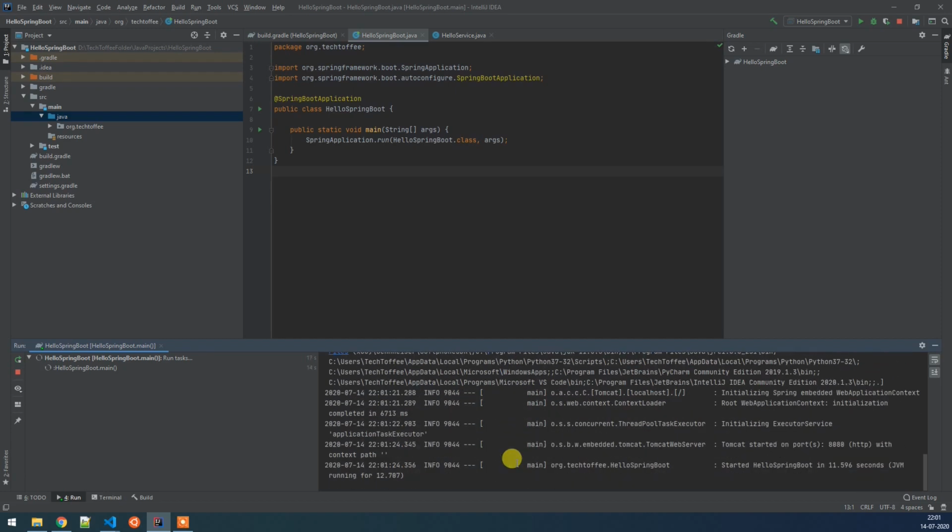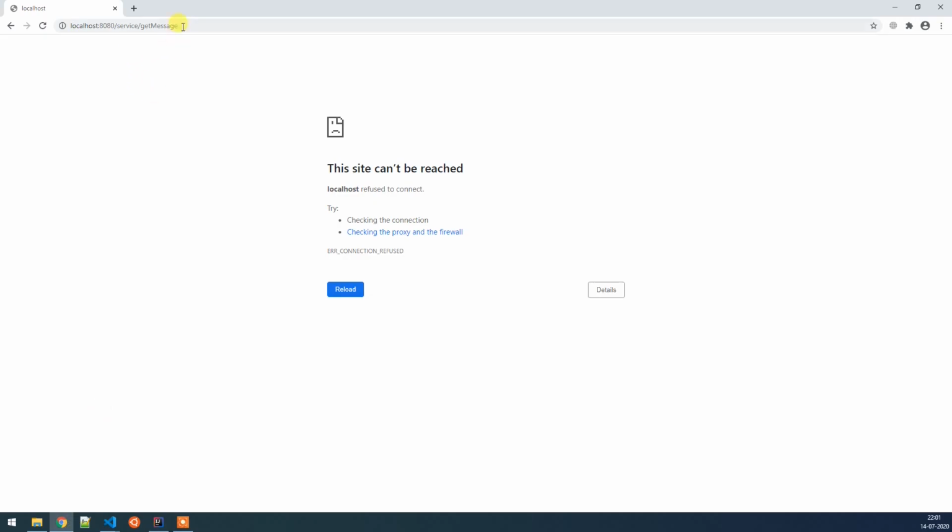The Spring Boot server started again on port 8080, and we can see that we are again able to access our getMessage API.